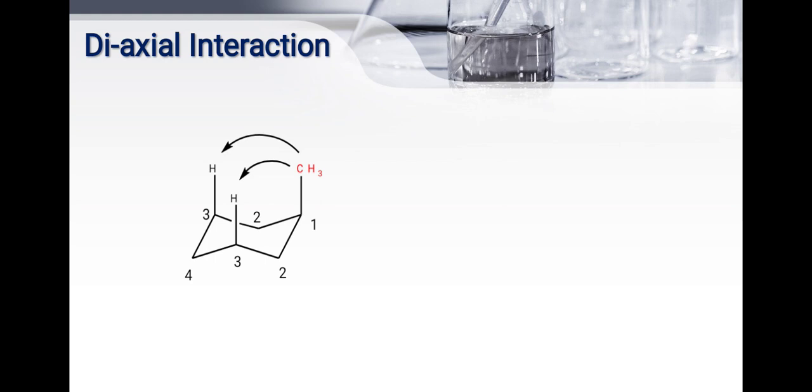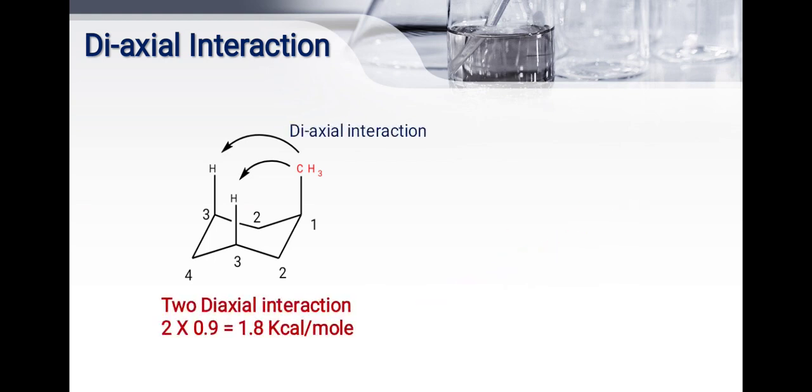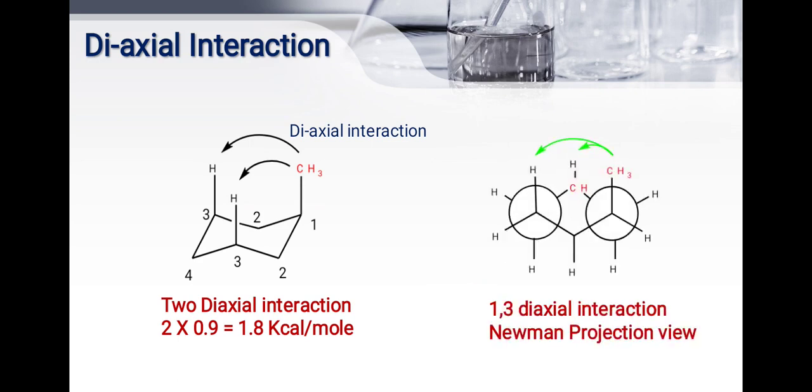At the third carbon two hydrogens are present, so two interactions are taking place. That interaction is called a diaxial interaction. When you consider one diaxial interaction, the energy is 0.9 kilocalorie per mole. Here two diaxial interactions are present, so 2 times 0.9, which is equal to 1.8 kilocalorie per mole, is